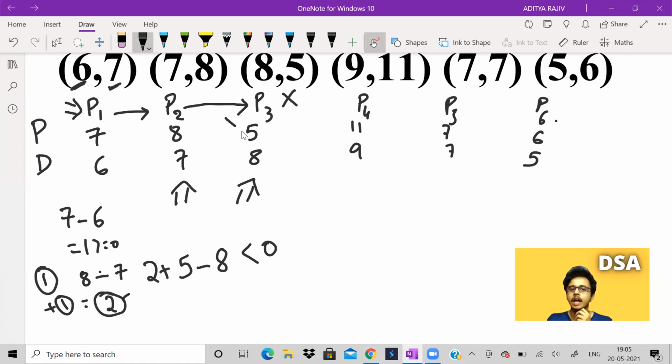Is it possible to start over here or over here? See, first of all, I can't even start over here. If I start in the third petrol pump, that means I will initially have nothing in my fuel tank. And over here in this petrol pump, 5 units of petrol is there. I need to use 8. So obviously I can't do it. I can't go to the next one. And if you observe this also, if I start from the second petrol pump, I need 8, I need 7, I have 8. Okay, I will go here, but here I will again fail.